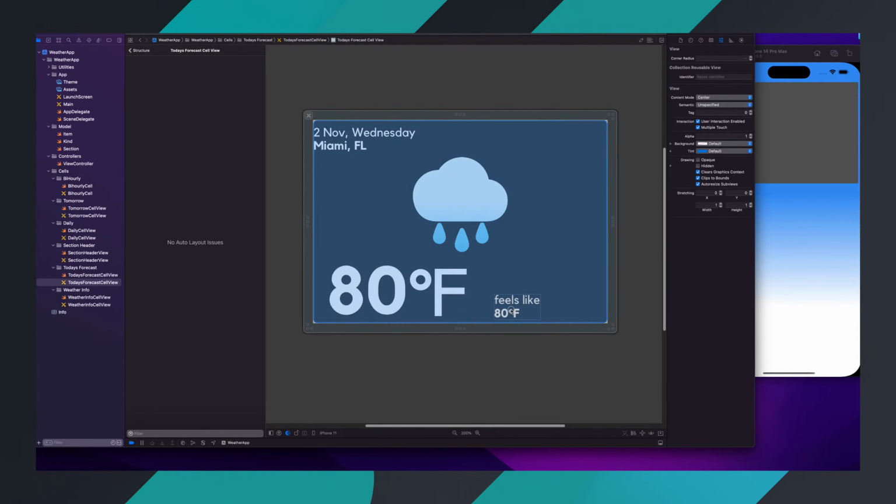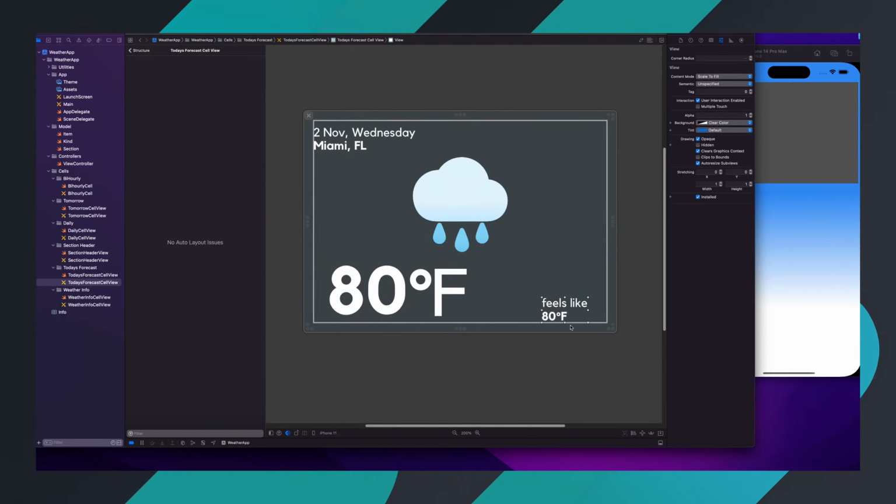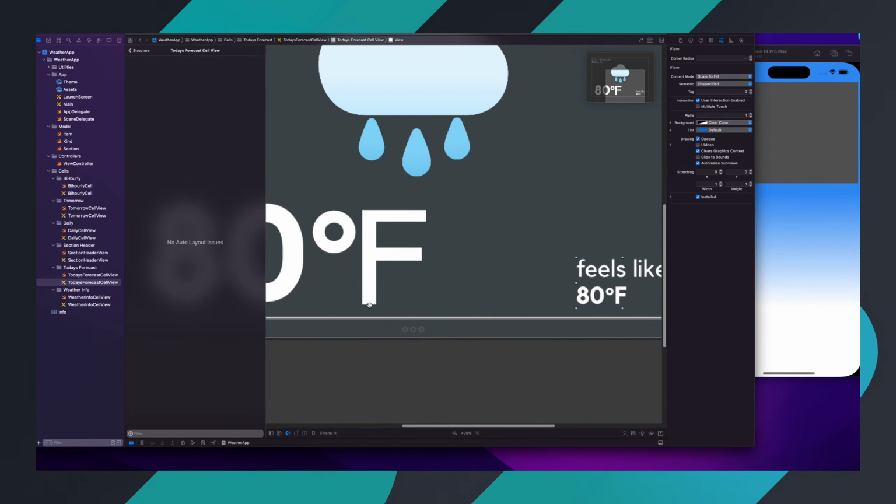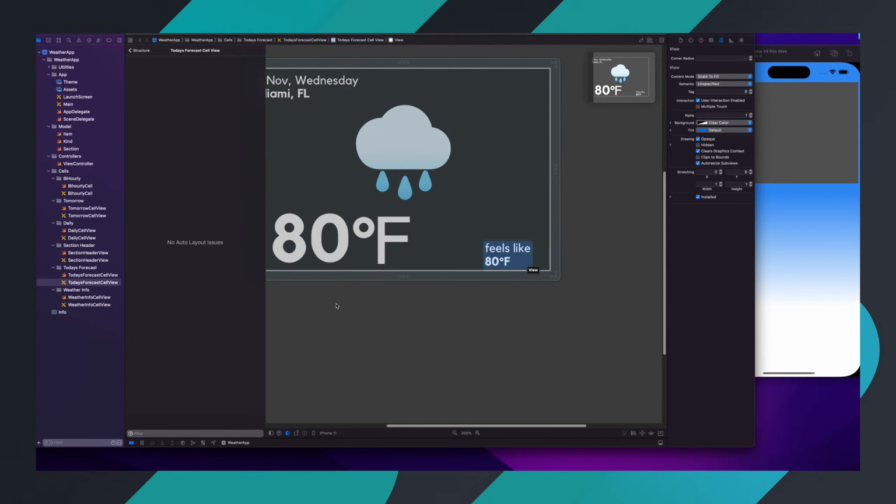So we're going to take this and move it to the right side, and it's going to have a little bit of padding. And then I'm going to move it up so it aligns with literally the bottom line of this font. So we'll just kind of eye it, and that's good enough. Okay. So now